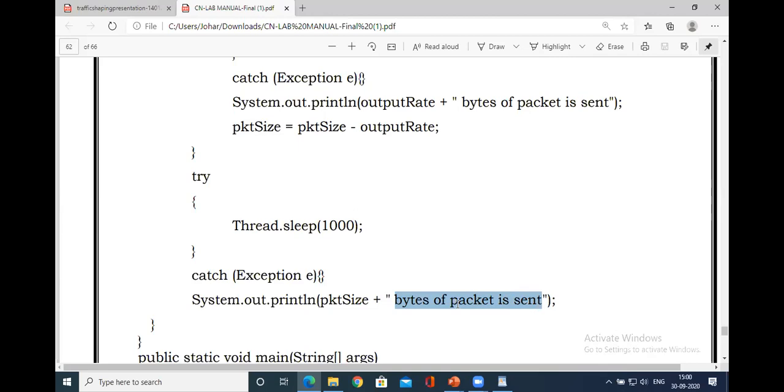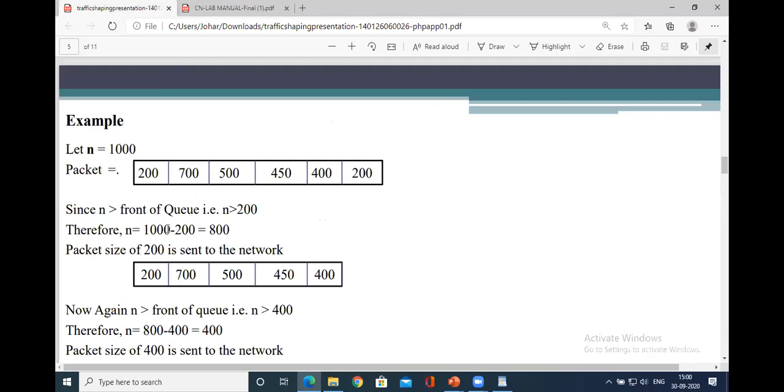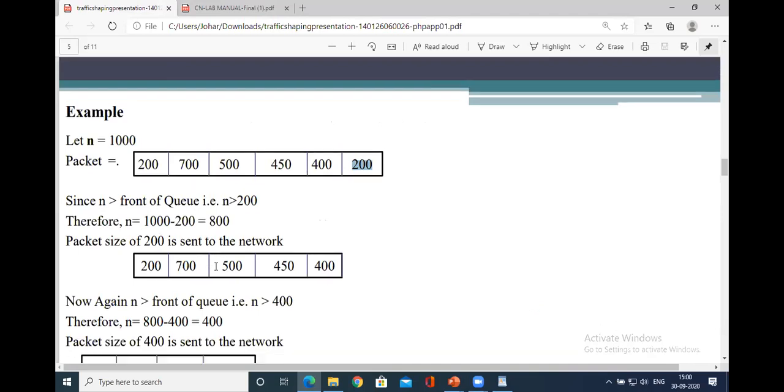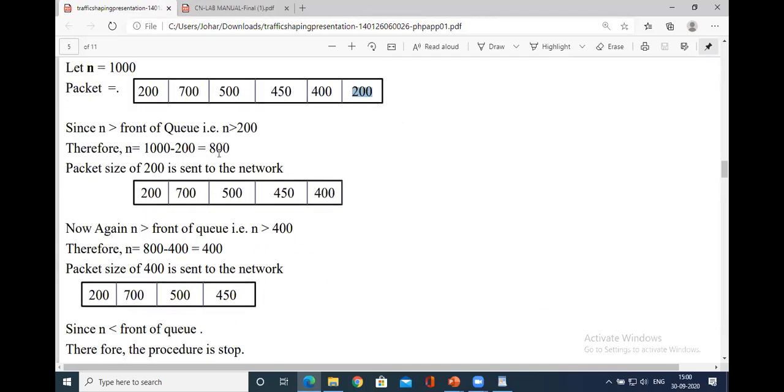Because in the individual case, what we have is, as I showed, like this, n equals 100. This may be a random number. So n equals 100 minus 200. Here, maybe we don't have a fixed output rate. Now the packet size is 800. 800 is greater than the output rate. Here he has considered 400. If it is 200, then 800 is greater. Again, it does the minus.